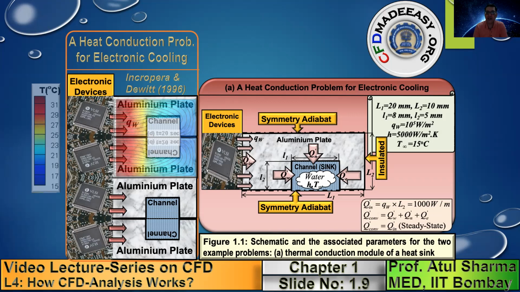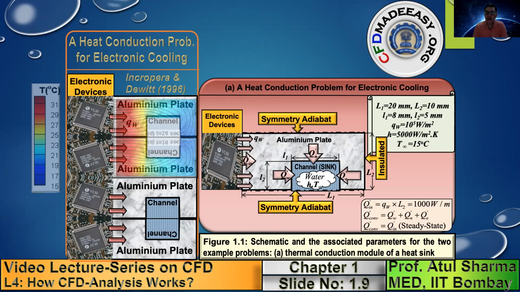So we start this simulation. I had mentioned earlier that we know the first picture from the initial condition and boundary conditions. So the initial temperature of this aluminum plate is the same as that of the water. The aluminum plate is also at 15 degrees centigrade. The water is also at 15 degrees centigrade. And the chip is dissipating 100 kilowatt per meter square.